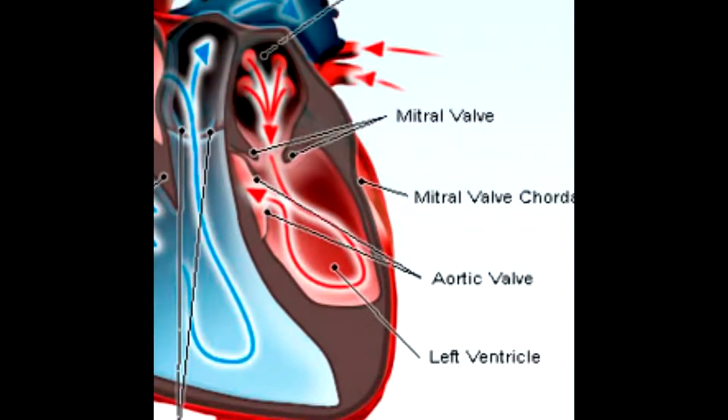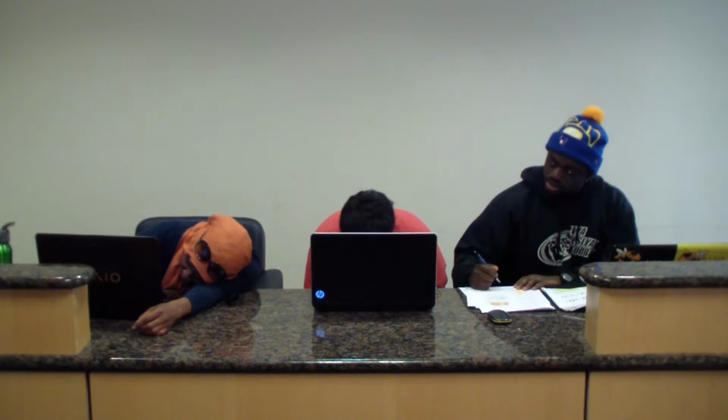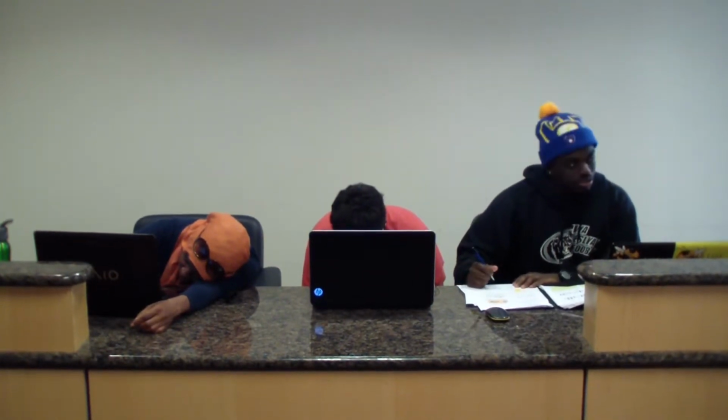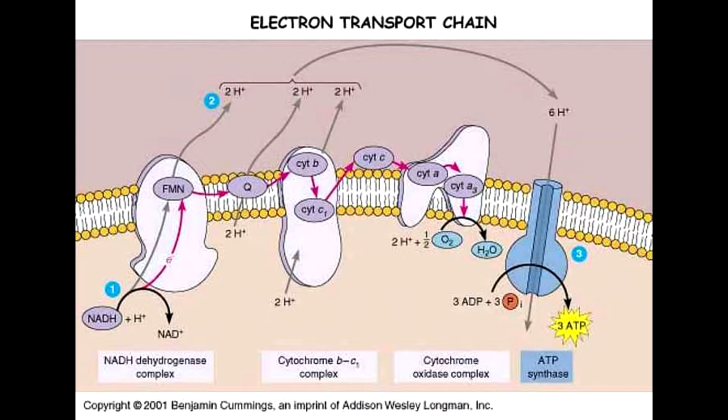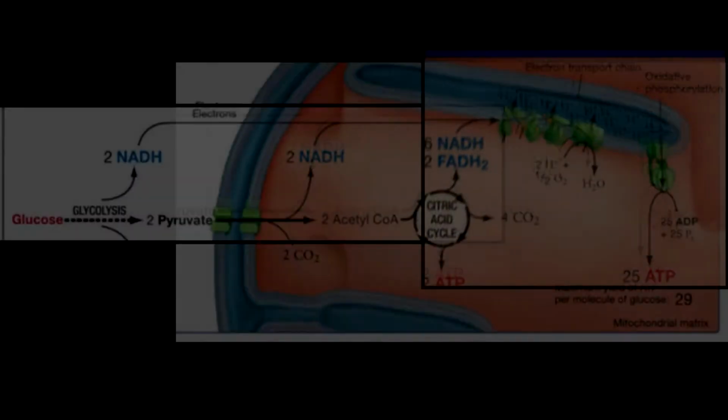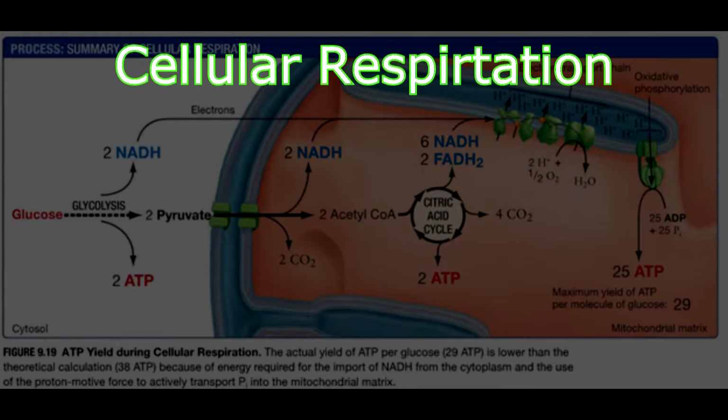The primary issues in heart failure occur in the left ventricle, which is the chamber of the heart that pumps blood all around the body, and therefore bears the heaviest load of the chambers in the heart. It was once thought that heart failure resulted from the reduced function of the electron transport chain in mitochondria within heart tissue. The electron transport chain is just one step within the entire process of cellular respiration, which produces energy